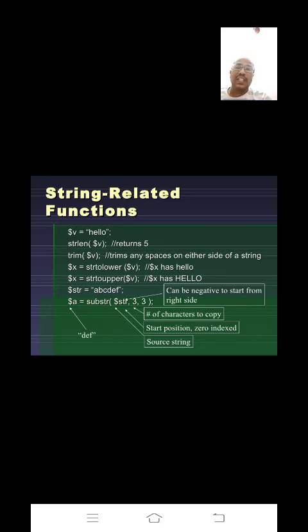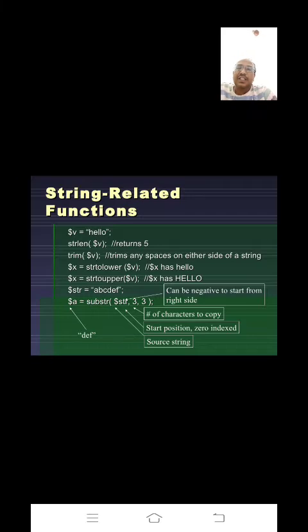So on the screen, $x is equal to strtoupper($v), and all the letters in $v are converted into capital letters. It is the opposite of strtolower. The strtolower method converts the characters into lower, and the strtoupper method converts the characters into upper. That is the difference.